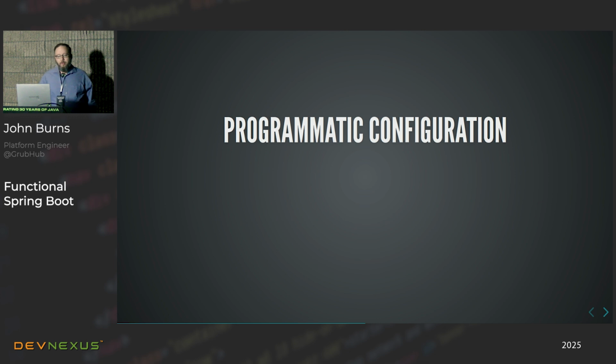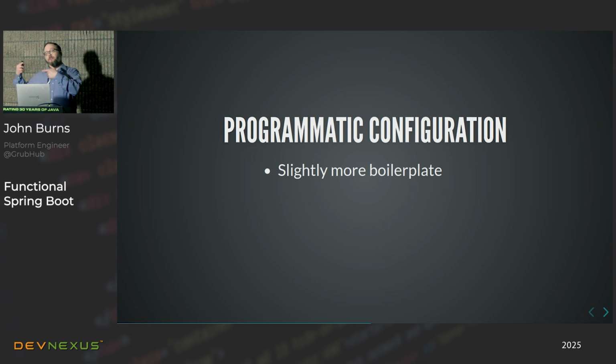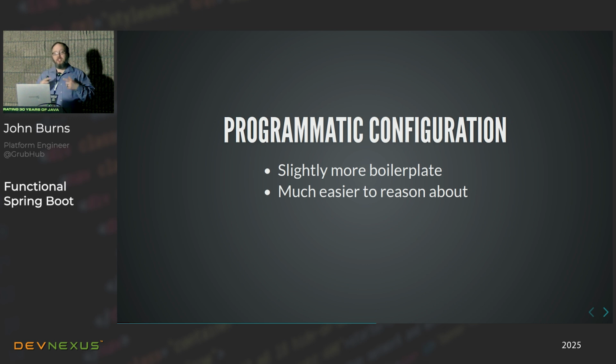So programmatic configuration actually kind of flies in the face of what Spring Boot was originally, which was, we're going to do all the things for you automatically. Programmatic configuration says you have to actually tell it what to do. It's explicit. But it provides a basis for a new level of abstraction that I think strikes a better balance between reducing boilerplate but still making the code easy to understand. So where we'll end up is still more boilerplate than the fully annotation-based stuff, but it's going to be much easier to reason about.